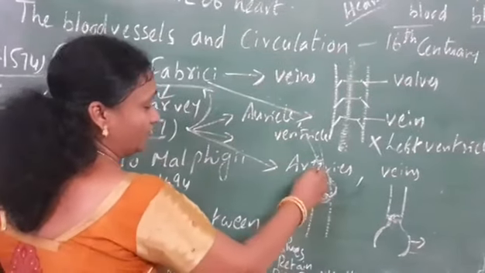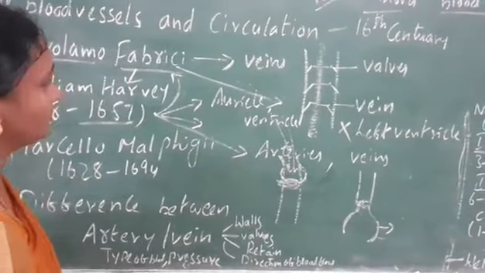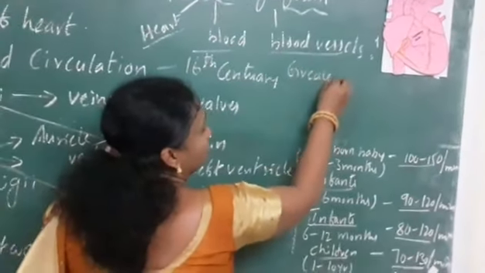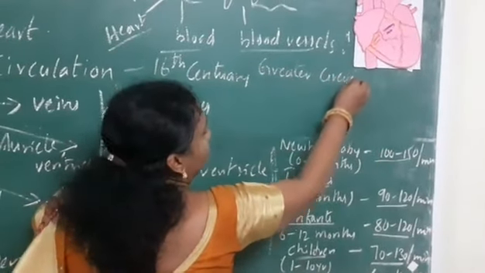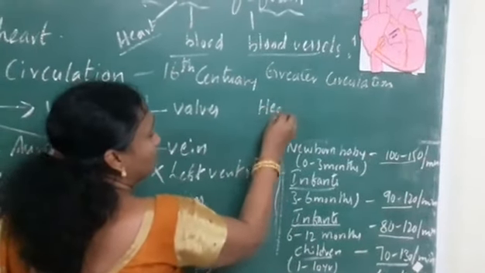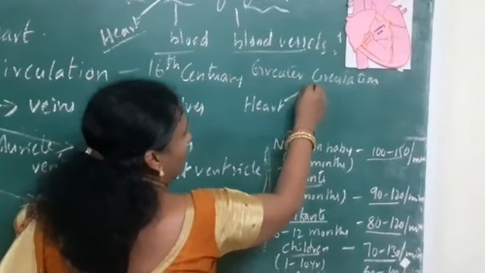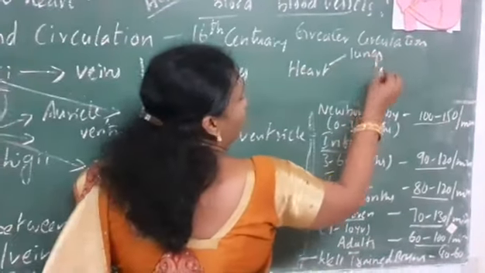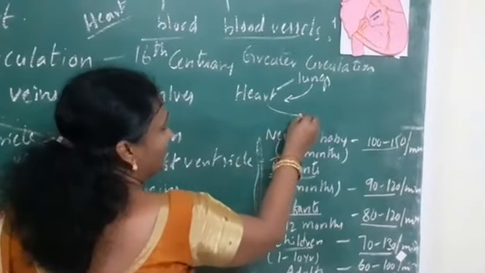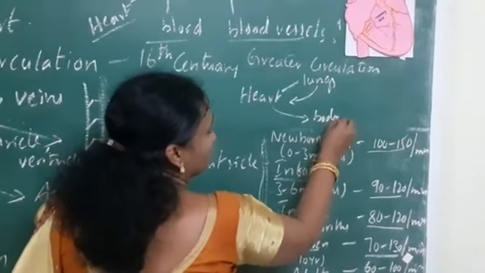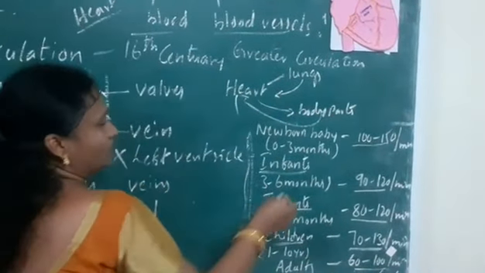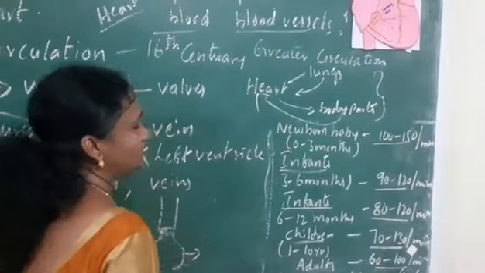Next, after that, he called the human circulation a greater circulation. Why he called it a greater circulation is, here the heart pumps the blood first to the lungs. From the lungs the blood is purified, and the purified blood again comes to the heart. From the heart it is sent to the body parts, and the deoxygenated blood is again taken to the heart. So here we observe the double circuit circulation.